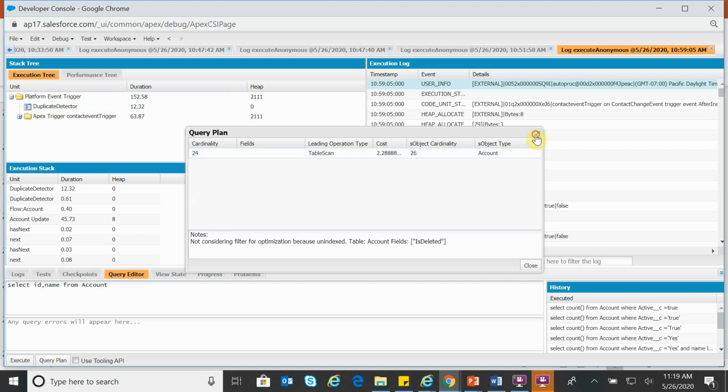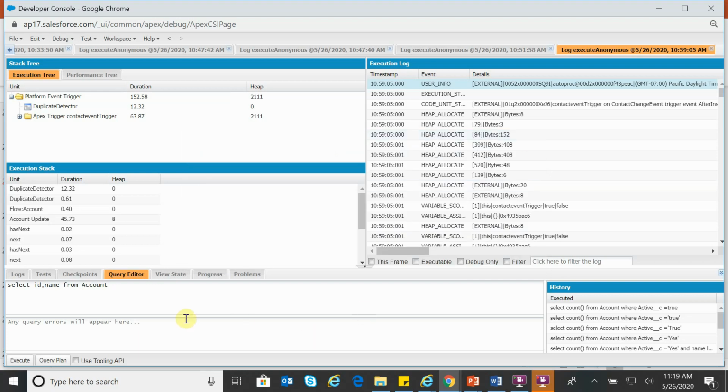Now let us modify this query. How can you make this query optimized? If you add more filter criteria, then the query performance will be improved, especially if the filters are around index fields. There are so many standard index fields like Id, Name, OwnerId and all. In addition to that, if you feel the query performance is not good, you can still go ahead and create your own custom index fields.